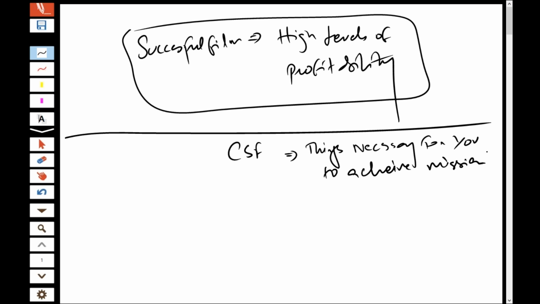So if an organization has to achieve its mission, then that means that these critical success factors are a necessity. Now try to understand this. Basically what happens is,